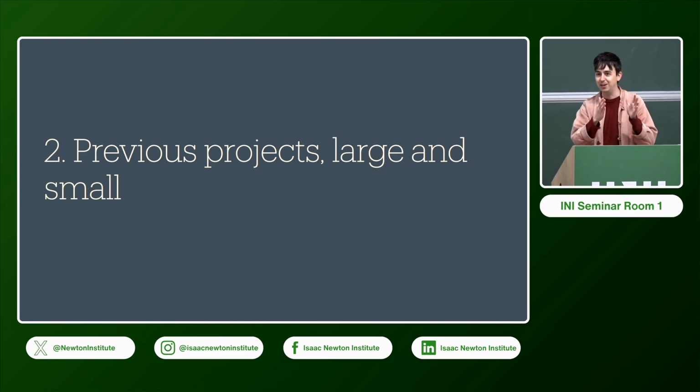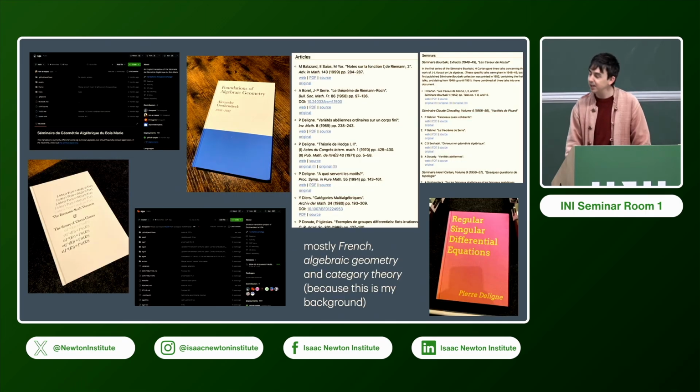As much as can be packaged into one part out of the way, I might drop a few sentences in the future. For now, I'm just going to talk about some of the previous projects I've done, 3 in particular. Here are some pictures of some things. My treat to myself is when I finish a nice translation, I print it out in a nice book and make it look pretty. That's my reward for finishing a thing.